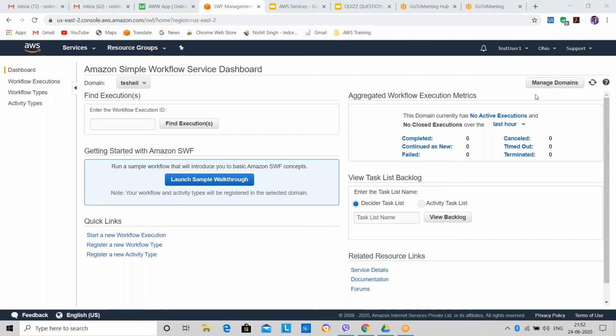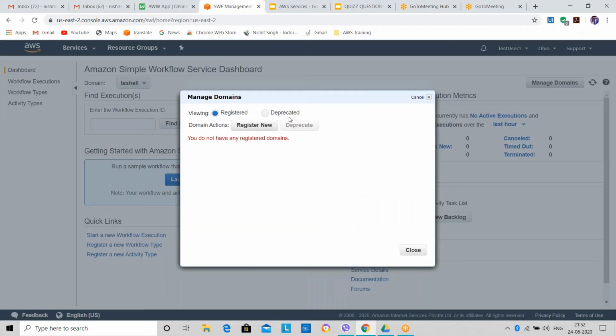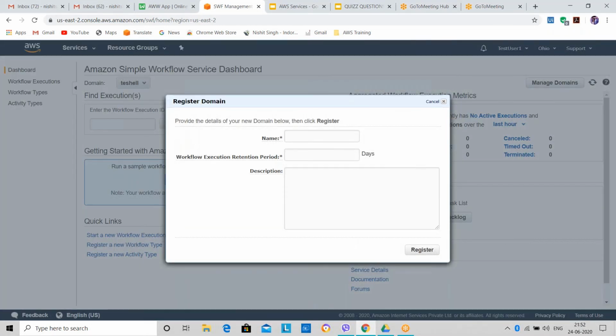So what you need to do is go to manage domain and register a new domain. I'll give a name, SWF Cloud Saver. And a workflow execution retention period. You have to give the retention period of your workflow.